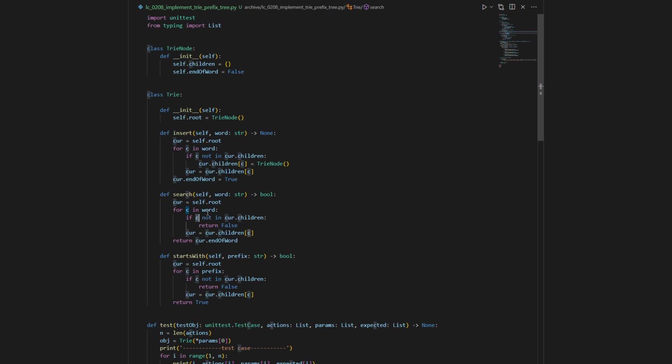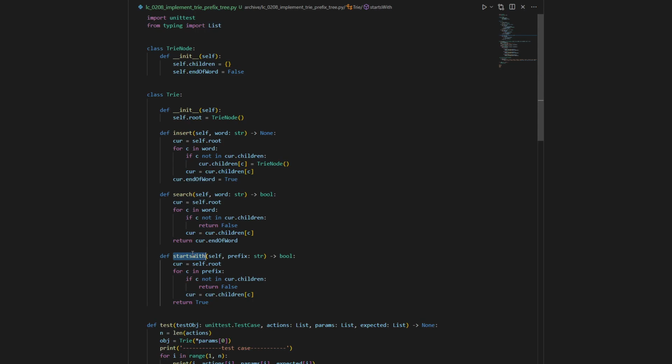That's to say, from the root, you will look for the character E, and from E you are looking for R, and so on. If you cannot find one of the characters in the middle, then you will return false. If you can go to the end, the last step is to check if the end character is end of word.